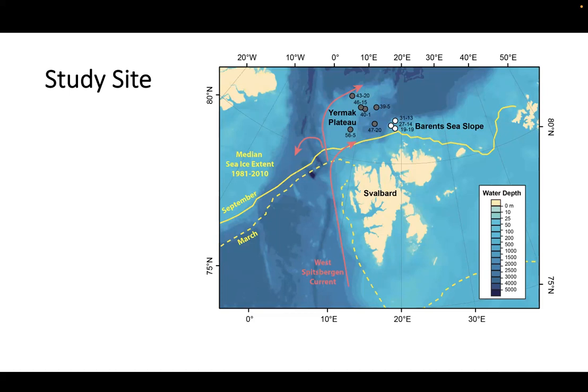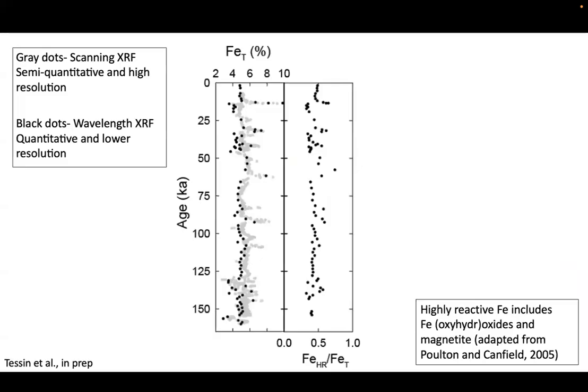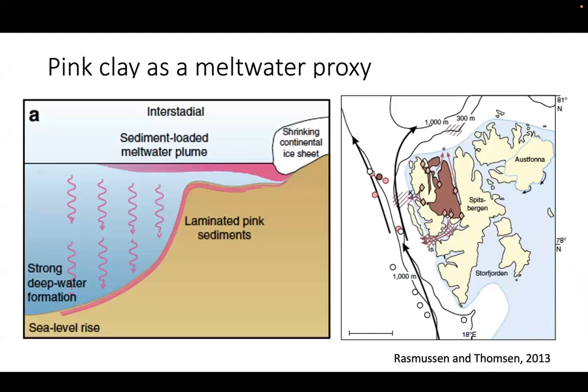Great, thanks for the talk. I have a clarification question on the last piece, just to make sure I follow the full argument, which was effectively that where you saw the high total iron and the highly reactive to total iron, that is when we were seeing these pulses of these hematite-rich clays being delivered. And that was what was reflected in your Mossbauer as well. So are you thinking those are effectively untransformed iron oxides, iron hydroxides coming out from the...